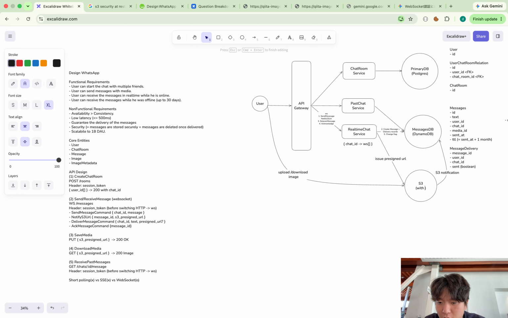I will enable encryption for the images in S3. And obviously I have to talk about how I can encrypt the messages in DynamoDB.